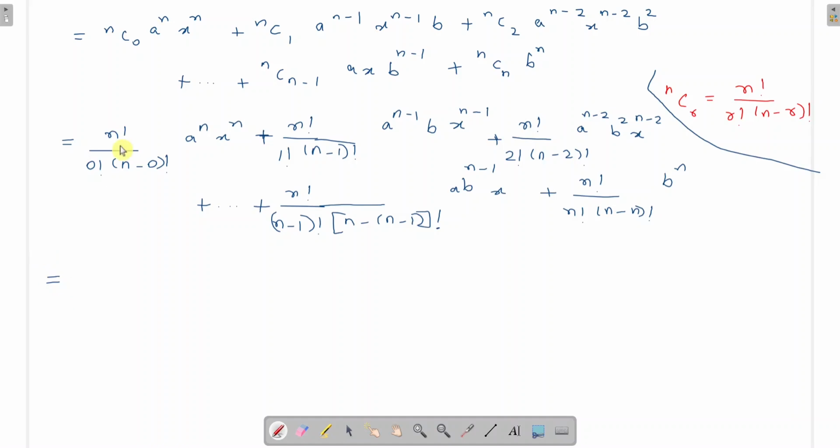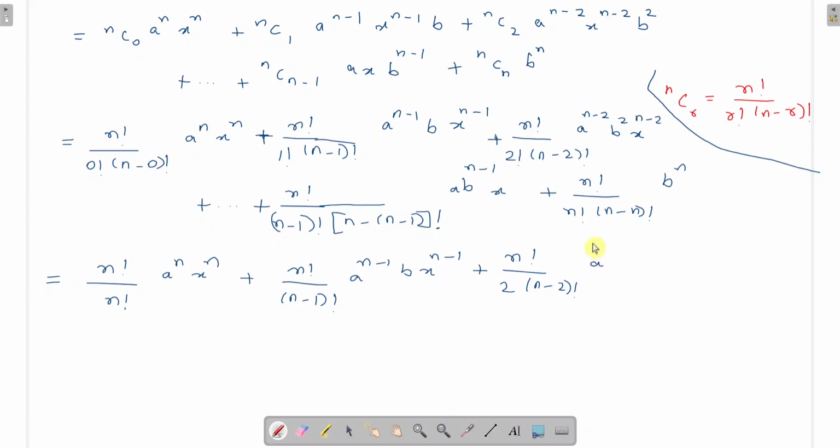Okay, so we will continue here. n factorial divided by 0 factorial is 1, and (n minus 0) factorial will be n factorial, a raised to n, x raised to n, plus n factorial divided by 1 factorial is 1, then this is (n minus 1) factorial, a raised to n minus 1, b, x raised to n minus 1, plus this is n factorial divided by 2 factorial is 2, and this is (n minus 2) factorial, and then a raised to n minus 2, b square, x raised to n minus 2, plus